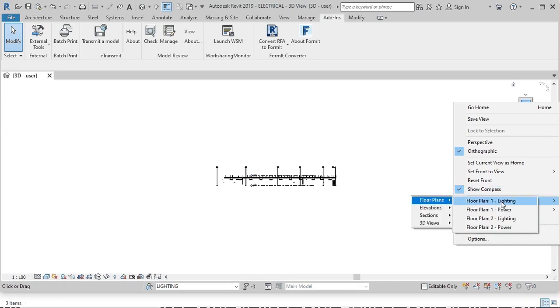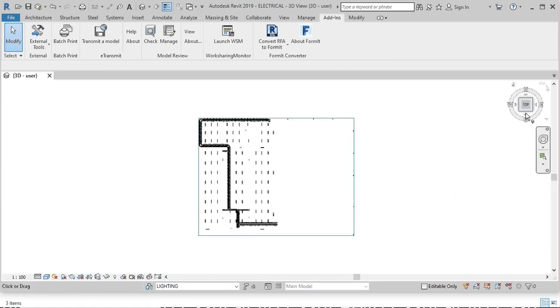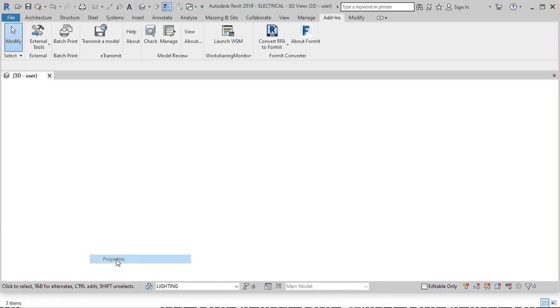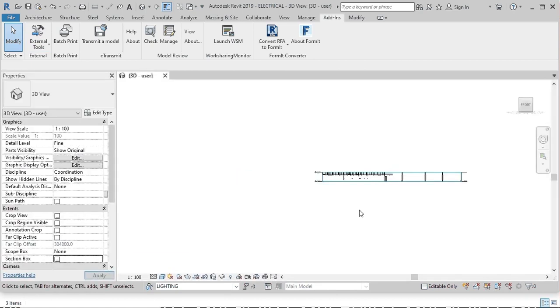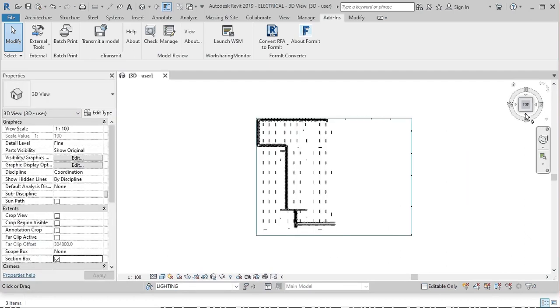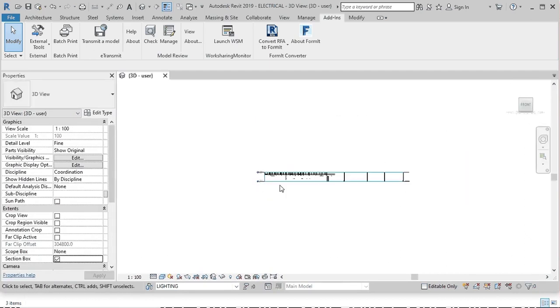Another option: go to Orient to View, floor selection. You can set the floor view for whichever floor you want. See, one blue rectangular box is a single floor. That means I can select the first floor. Check it, the properties automatically show the section box. I can untick the section box and the entire project is shown. Now I set the floor again, and the first floor is automatically set.